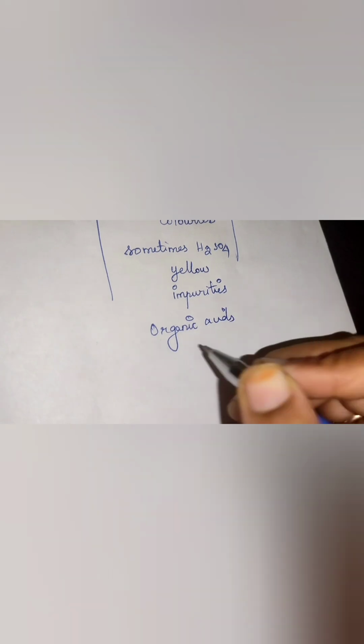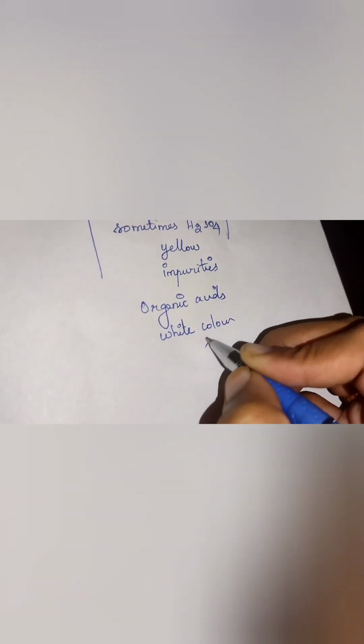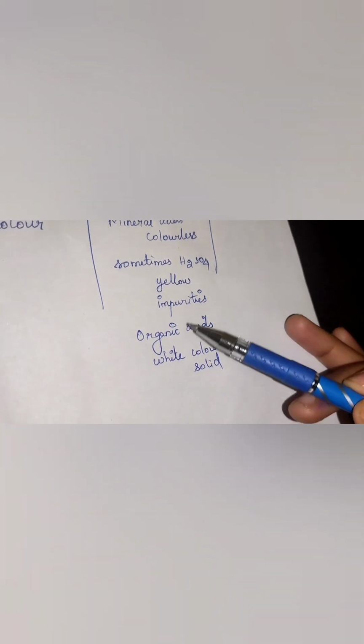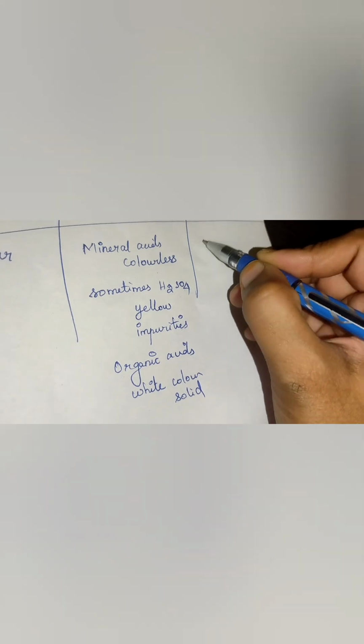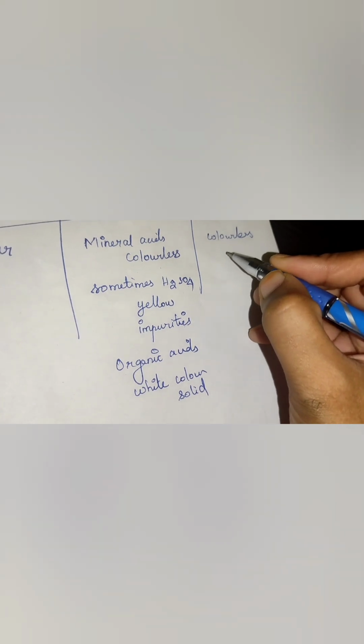And some organic acids are white colored solids. So usually mineral acids are colorless, sometimes H2SO4 becomes yellow due to impurities, and organic acids are white solids. Base is also colorless,